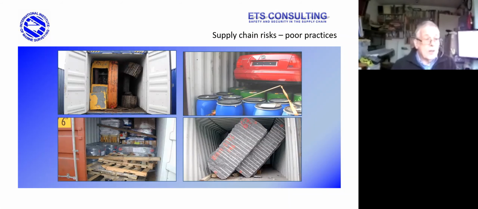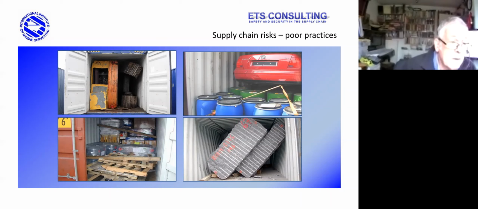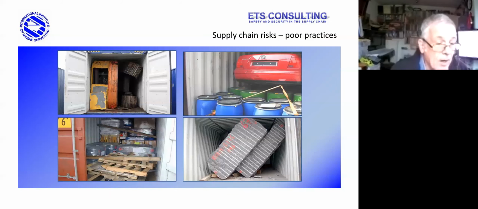Here we've got some interesting practices. How they got the top right-hand tractor inside the container is open to speculation. Actually, what they did is they put it on some cardboard and slid it in, but it is not secured and probably would have damaged the container during transport. Placing a car on top of a number of drums, and securing it down with 2 straps, not terribly sufficient. And the other examples obviously show very, very poor packing.